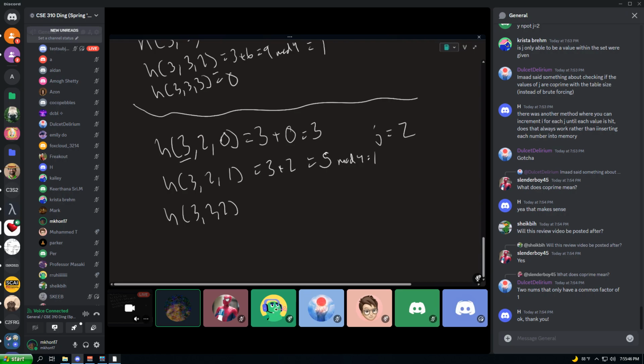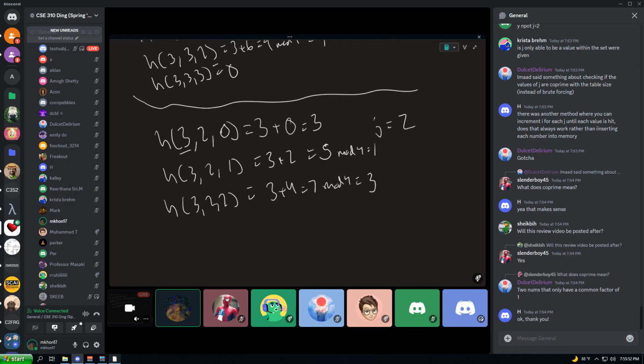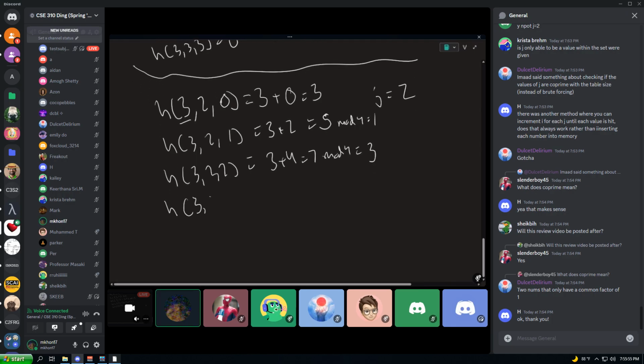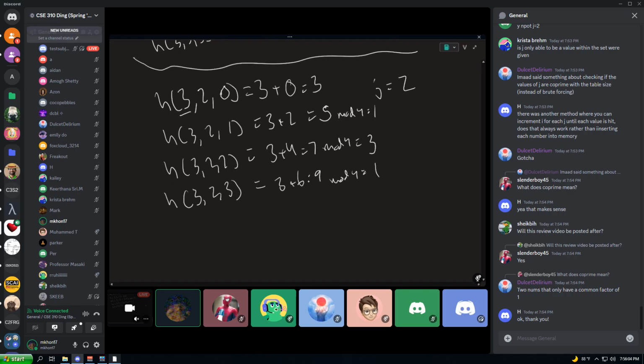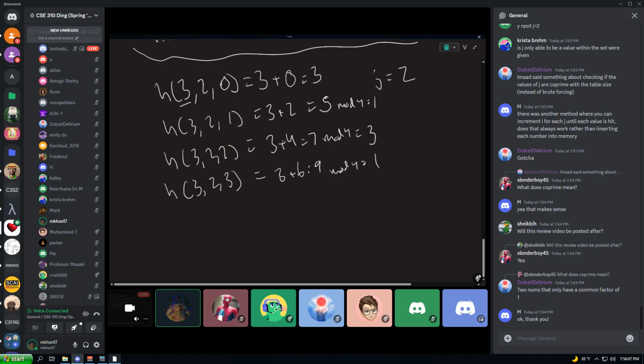3, 2, 2 is equal to 3 plus 4 equals 7. Mod 4 is 3. I've got to repeat. That's not looking good. 3, 2, 3 is equal to 3 plus 6, which is 9. Mod 4 is equal to 1. So it seems to alternate between 3 and 1, meaning indexes 0 and 2 are never hit. I could keep going on with this, but I get the feeling that it's just going to keep hitting 1 and 3 over and over again, and I'm not going to end up being able to get indexes 0 or 2. So I'm just going to call it quits here and just say J cannot be 2